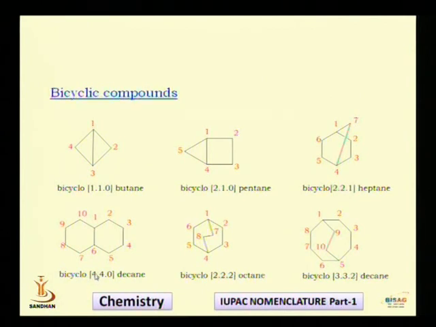Then I have to count the number of carbon atoms in the second half cycle. This is my second half cycle. How many carbon atoms are in the second half cycle? 1, 2, 3 and 4. So again there are 4 carbon atoms in the second half cycle, and that's why I am writing the second figure, which is also 4. And finally I have to count the number of carbon atoms on the bridge. And see, there is no carbon on the bridge, so I will put 0. So my number